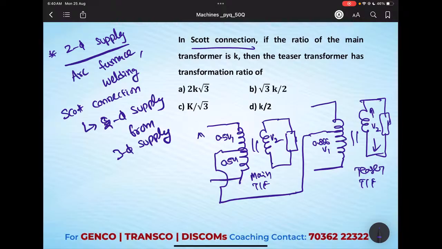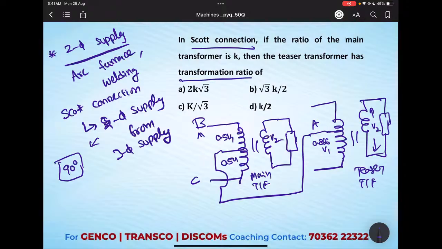Here we are going to supply phase A, and this is phase B. This is phase C. Okay, this is a special type of connection for developing the two-phase supply. Why we need to connect like this is, for two-phase supply we need a phase difference of 90 degrees. In order to get a 90 degrees phase shift, you need to connect the two transformers, main transformer and TZ transformer, like this. From this we can calculate what they are asking: transformation